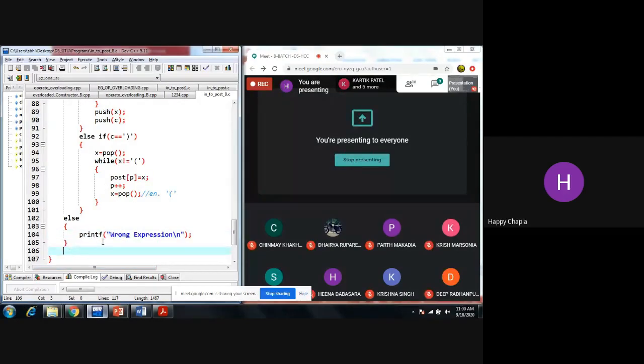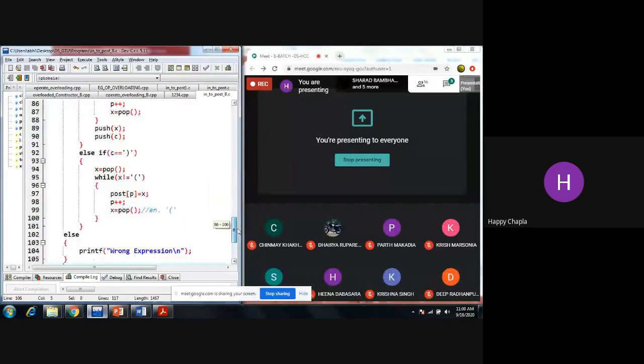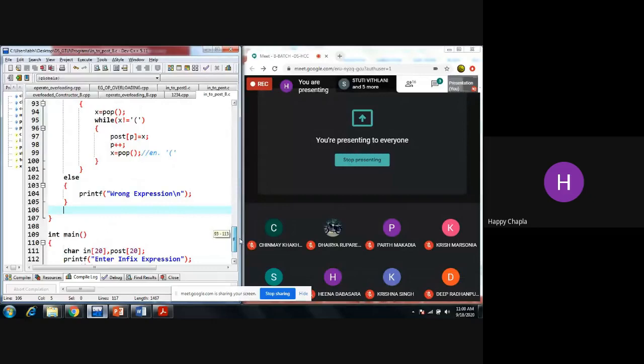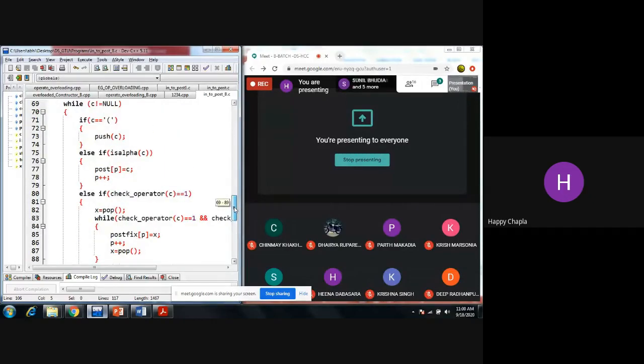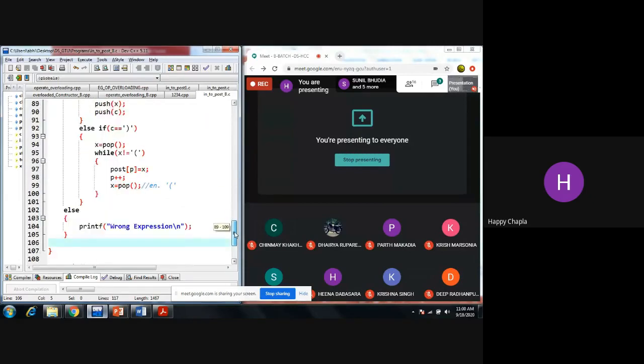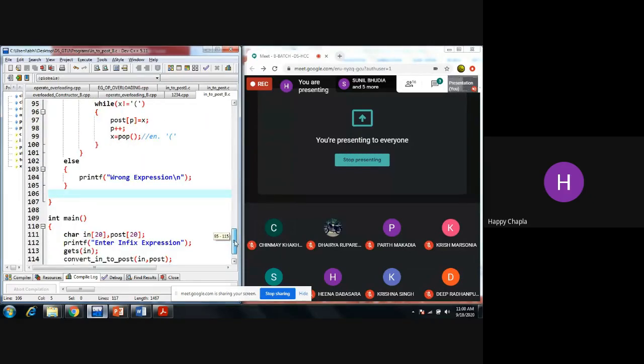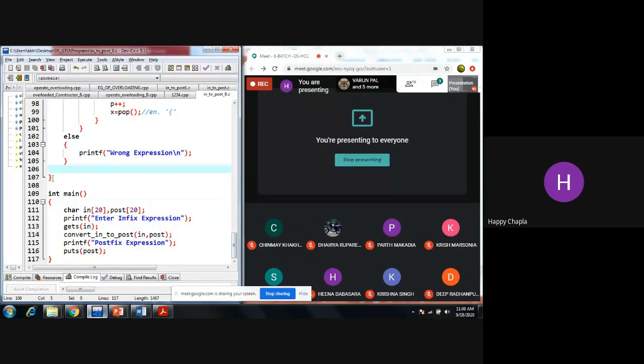Okay, now after completion of this, do I miss something? Yes, I missed that while loop closing bracket. This one is for the while loop. Yes, one more closing bracket.